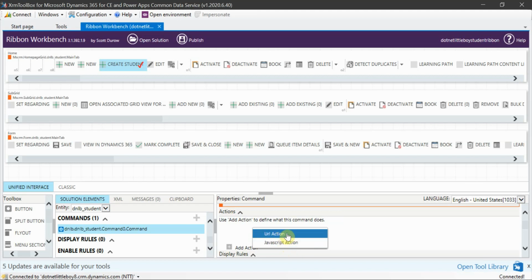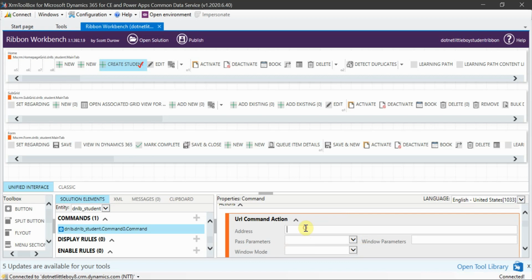Let me show you what will happen with the URI. Sometimes on the click of a particular button, you want to navigate to a different page, and for that page you will be pushing some parameter, some body parameter, right? So you can put that URL here, and you can pass the body parameter how you want. If you want to open a new window and set some value for that page, then you can use this URI action.